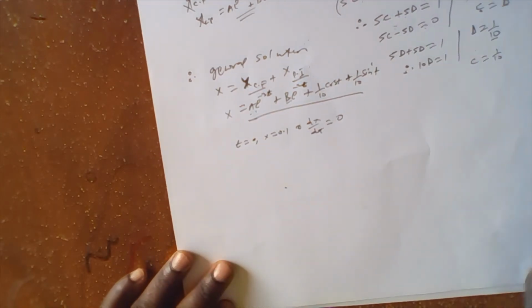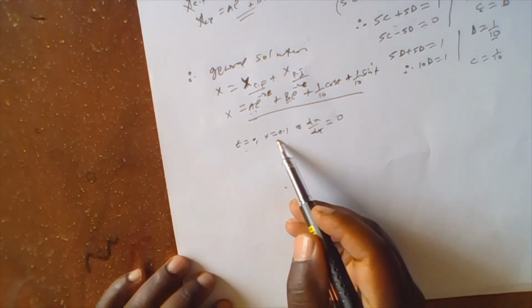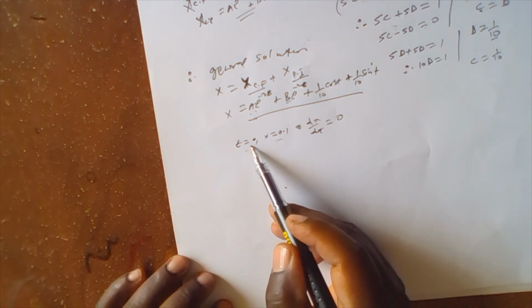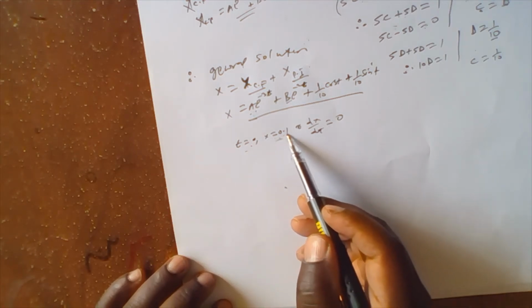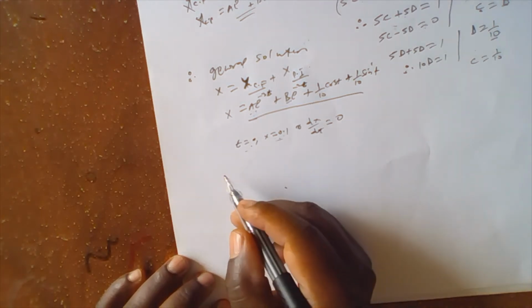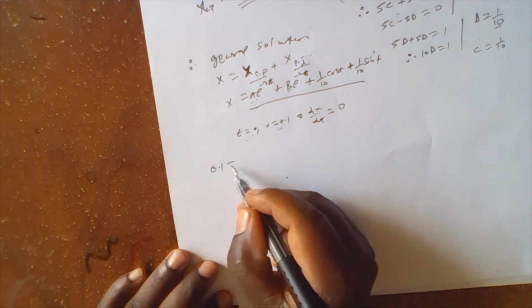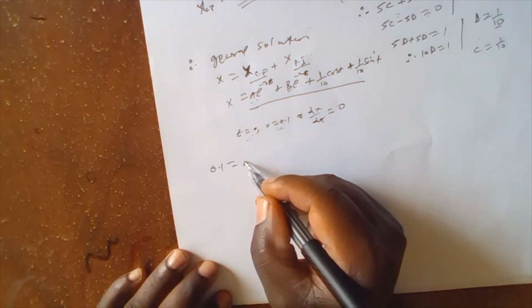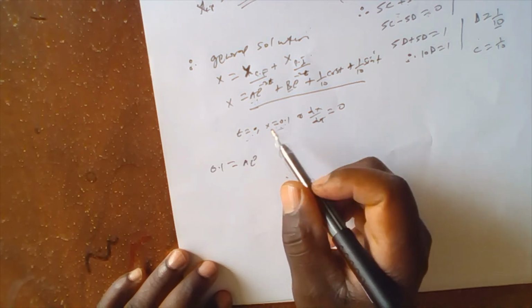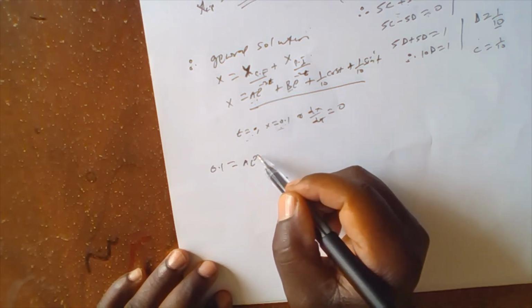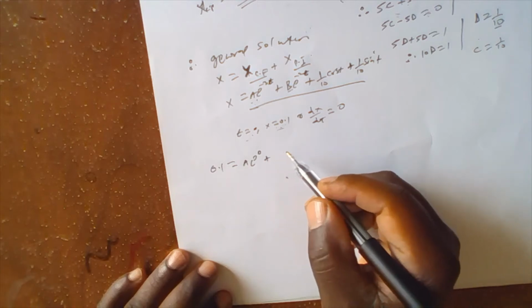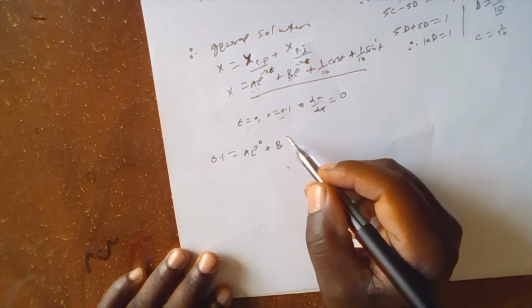So from here we can now say that we can use this and that. They are saying that when t equals 0, x equals 0.1. So this is x, so we shall say 0.1 equals, so it will be a exponent. Now t is 0, so it will be 0 there, plus b